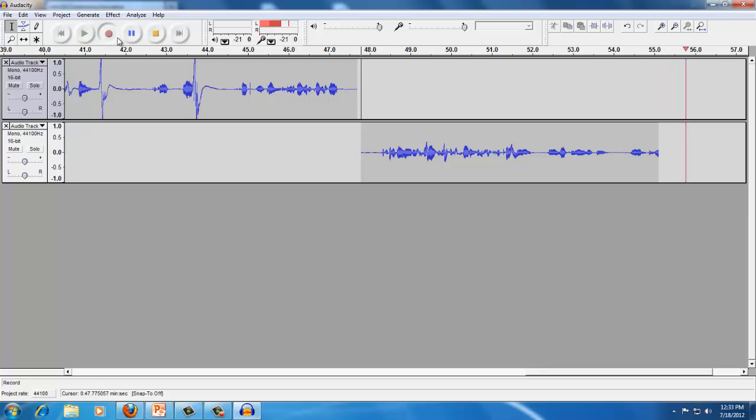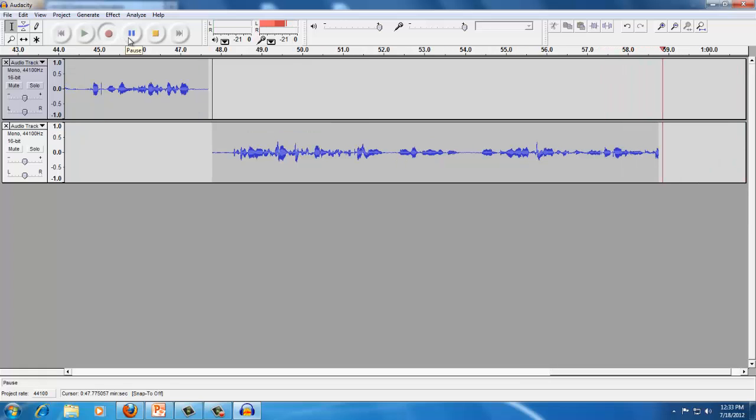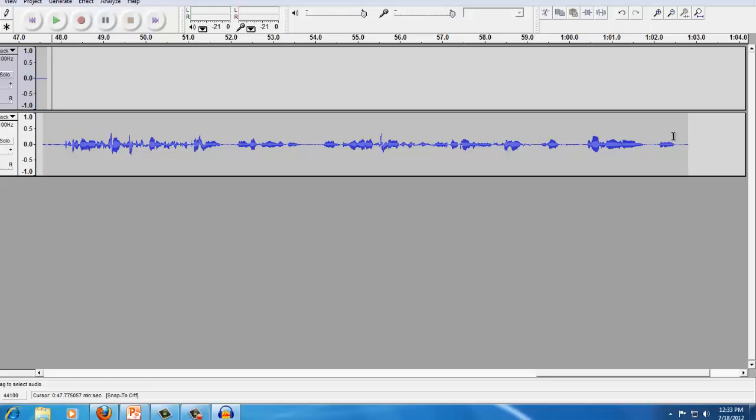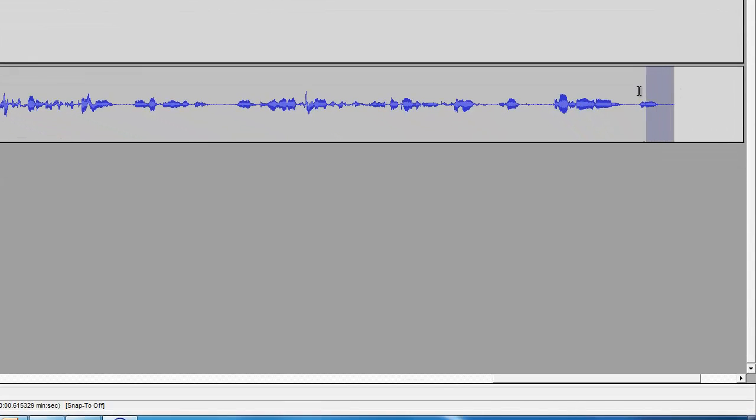An easier way to do that would be to press pause, and then you'll just stop right where you were, and I'm going to unpause it and then it'll continue. Okay, and also if you want to do any kind of editing whatsoever, I'm going to press stop. You can actually drag a little bit with the left mouse cursor, okay, and you can go ahead and cut that if you want with the little scissors marker right there,